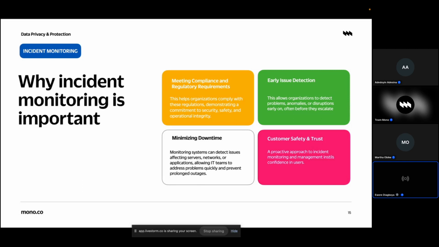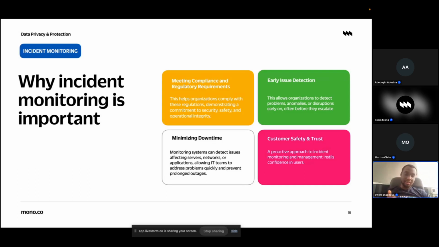The next is early issue detection. Early issue detection talks about being able to detect issues early, before your customers do. If you have a proper monitoring system and incident management system, it means that you can detect issues faster and quicker, even before customers can detect it. The advantage this gives you is that you are able to recover faster, and what we call your mean time to recover becomes lesser than when something already happens, your customer is already complaining. That is when you eventually have to start fixing those issues.